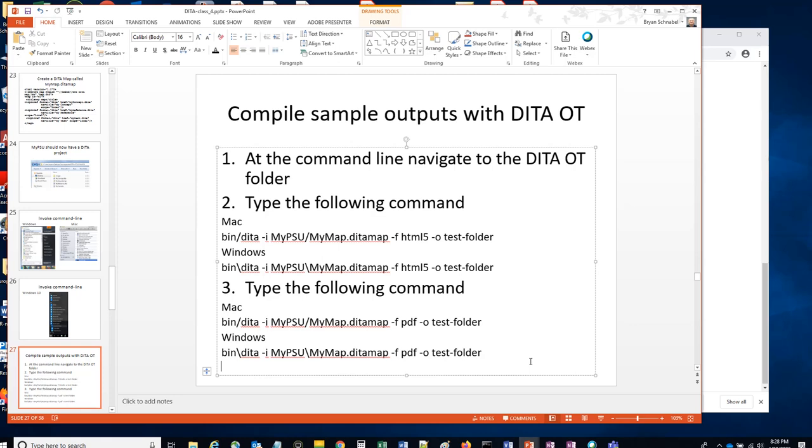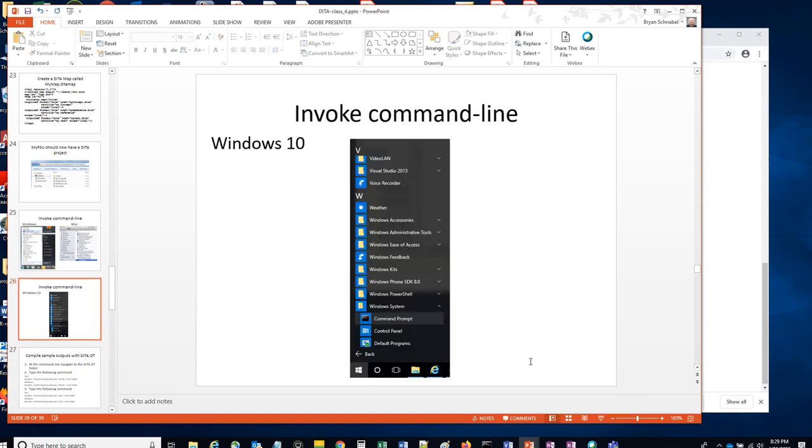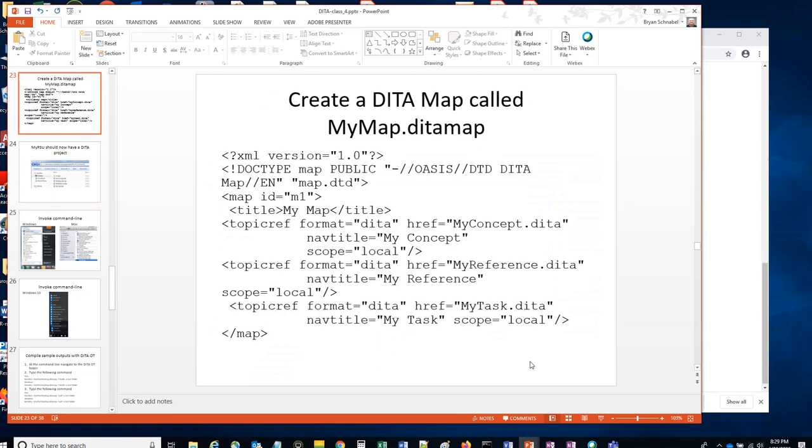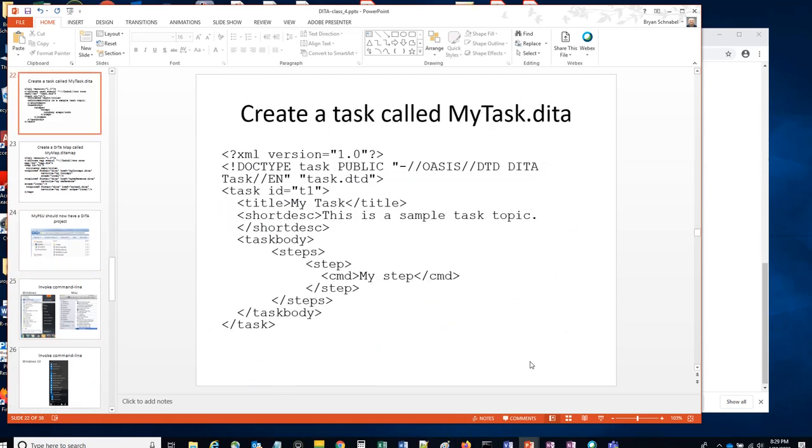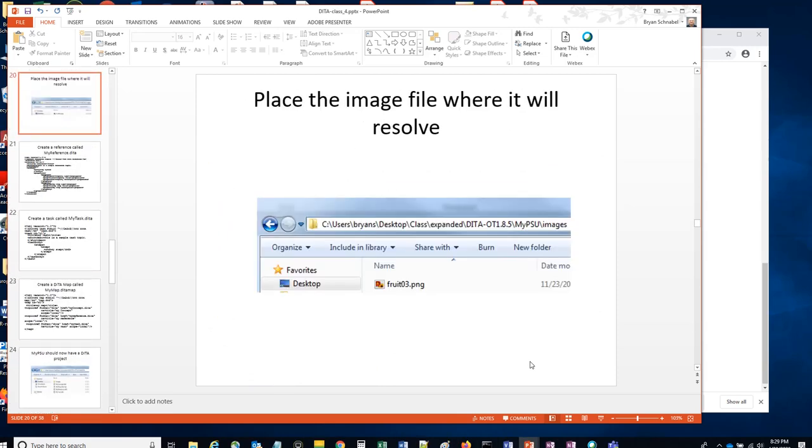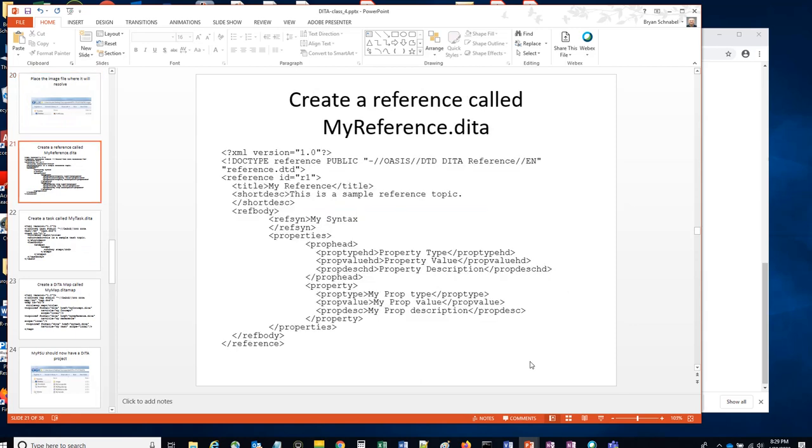And then also, please go back to your DITA Open Toolkit and do the steps that I just did. Copy the map, the task, and the reference, and you should be able to complete that task, and you can get credit for D1. You don't have to wait until the deadline. You can wait till the deadline if you want to, but I would recommend giving it a try. If you have any questions or difficulties, please by all means contact me, and I will do everything I can